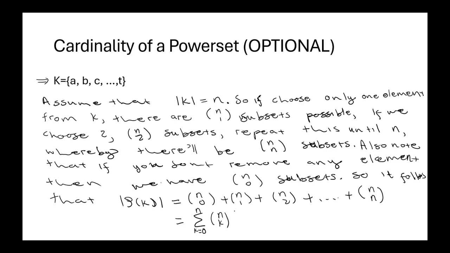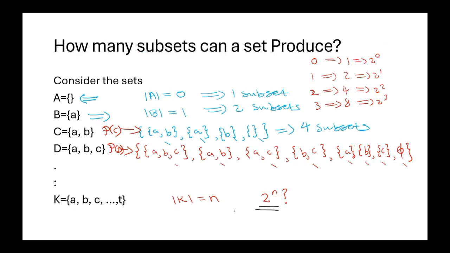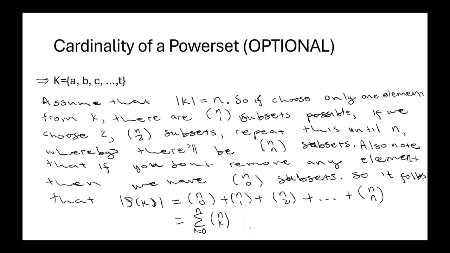But earlier we claimed that it's 2 to the n. So let us claim that now. But when we do our proof, we see that it's this one. So now claim that 2 to the n is equal to the sum where k goes from 0 to n of n combination k. So now you want to basically prove your claim. So it is sufficient to just show this one. Of course, then